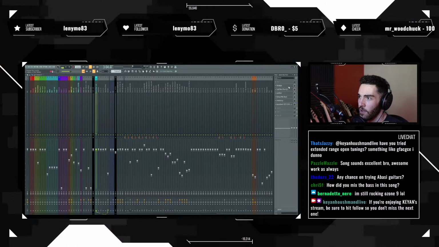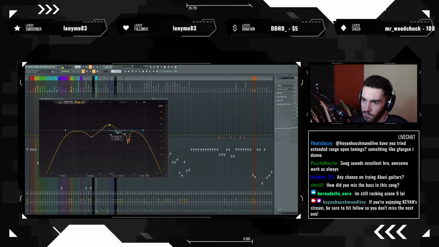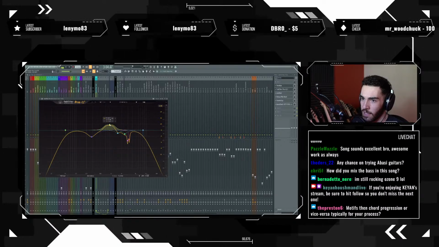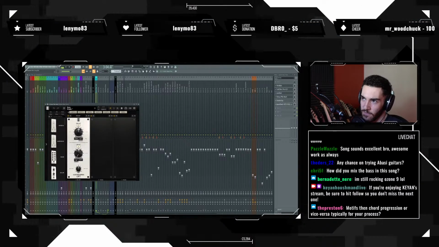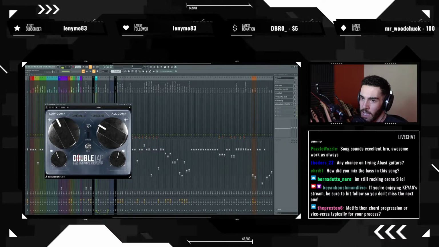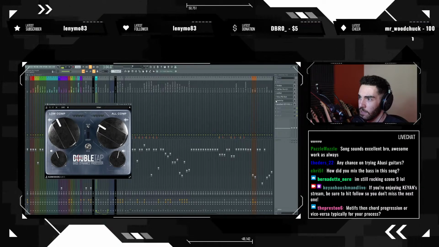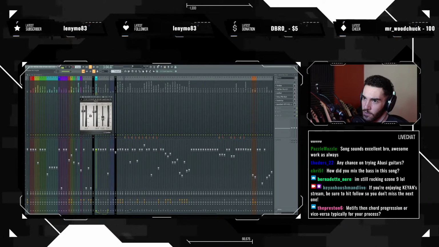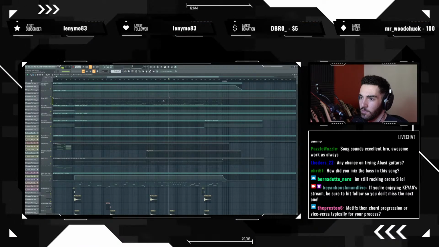The heavy tone though, I put through Parallax. I did some EQ stuff, taking out whistly frequencies, low and high cut, scooping out some low mids, boosting that 900 range, Soothe to get some of the resonances, lifting up the high end of the bass, with Virtual Mix Rack, again, Double Tap, absolutely phenomenal bass compression plugin, which again, if you want to grab, I do have affiliate links for that stuff. And then I just added a limiter to brick wall it a little bit so it doesn't get too out of whack. But that's pretty much all of it.